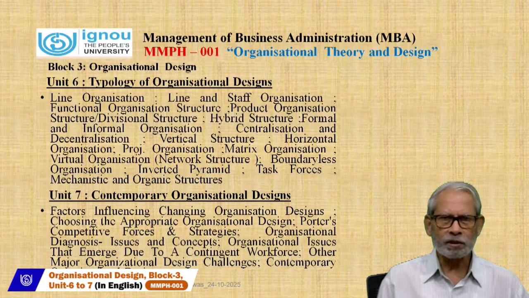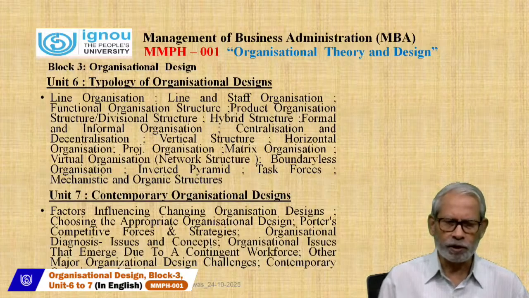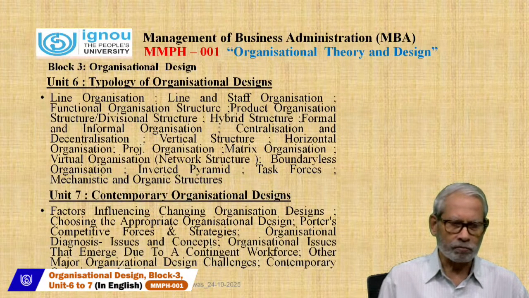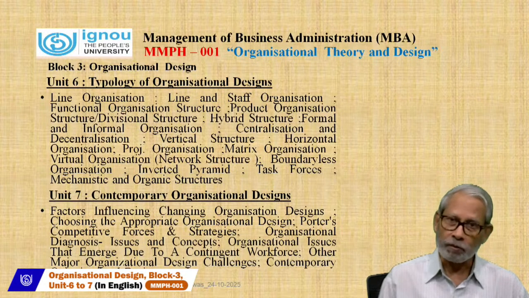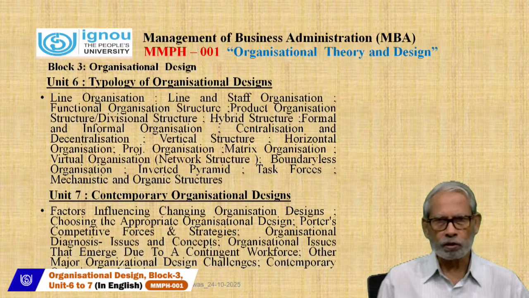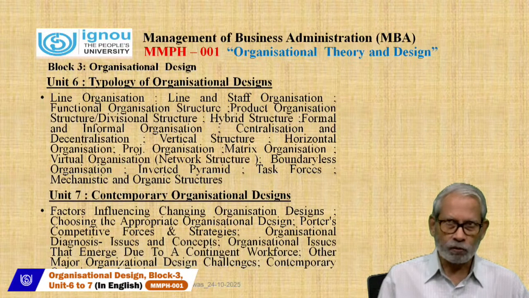And unit number 7 is basically contemporary organizational design, where the organizations are changing, so what type of design is needed so that we can have a competitive force, and accordingly strategies. So, organizational dimension, then the concept of organizational issues, all this part we will see. So, now